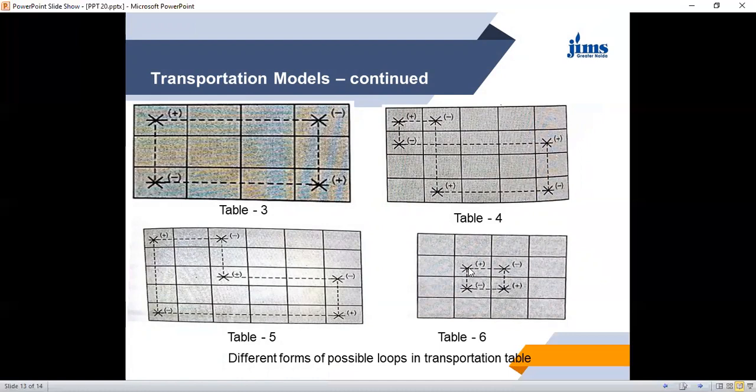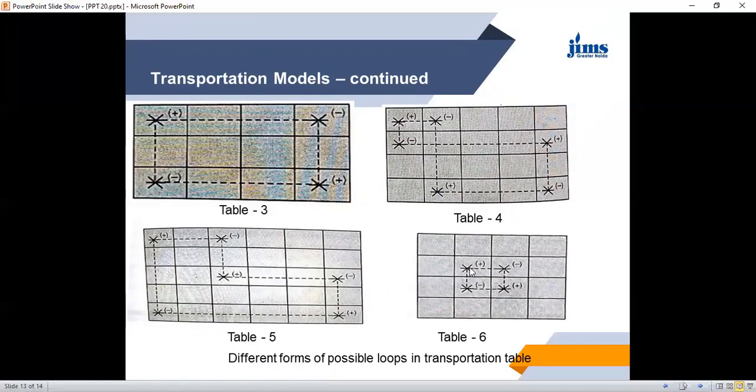So what we have learned today, that in transportation there are some destinations where the material is to be supplied from some resources. There are certain source points. The cost of transportation of material from each source point to each destination is given, and what quantity of material will be supplied, that is to be decided, so that the total cost of transportation is reduced, and this is our basic intent of the transportation problem.